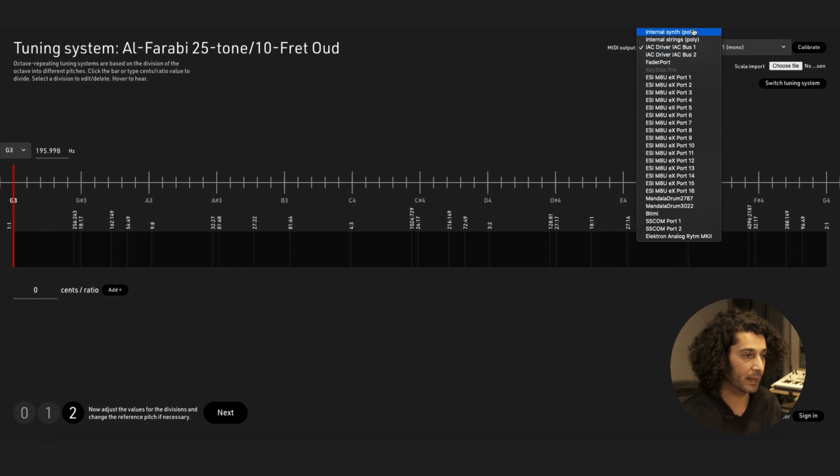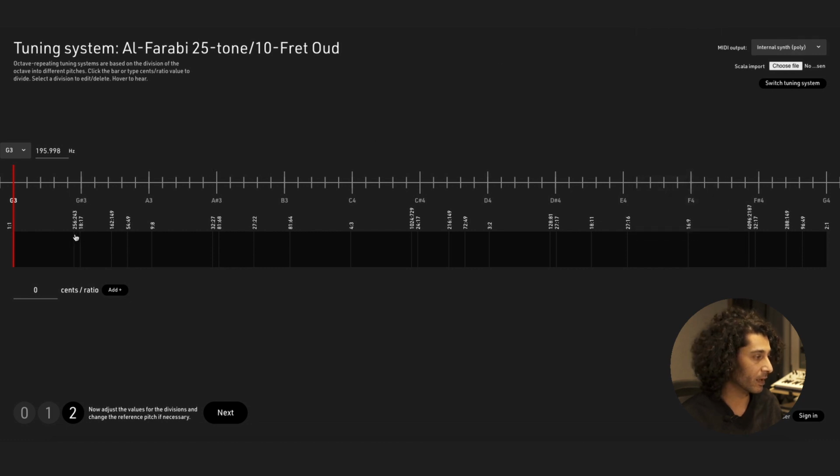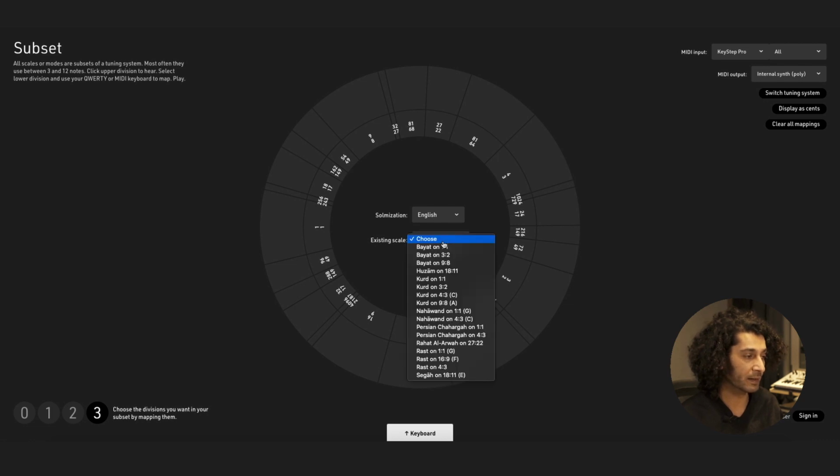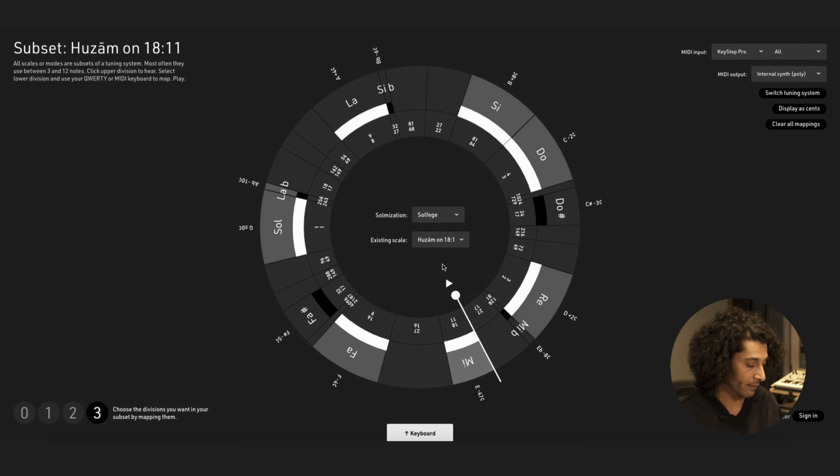And if we get that back to the internal synth, we can hear them, we can edit them if we want, and we could even add our own if we wanted to do something even stranger. Then we can go to the wheel view and we can either create our own mapping or use existing subsets, existing scales that are already in the database. So if we try this maqam huzam, which is mapped to the note E,